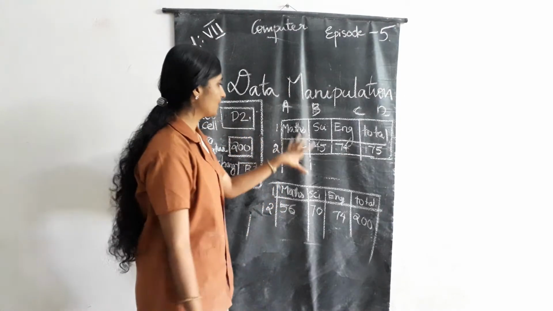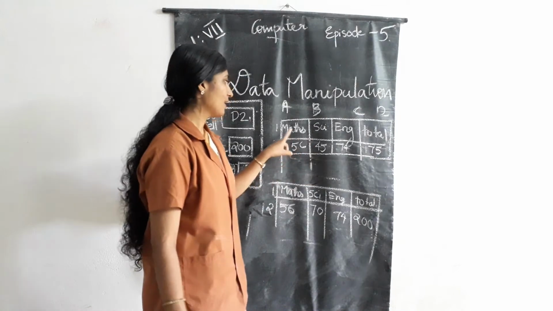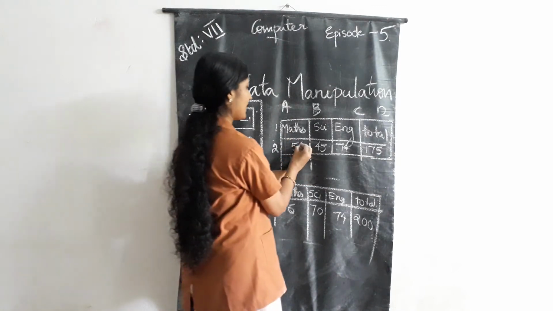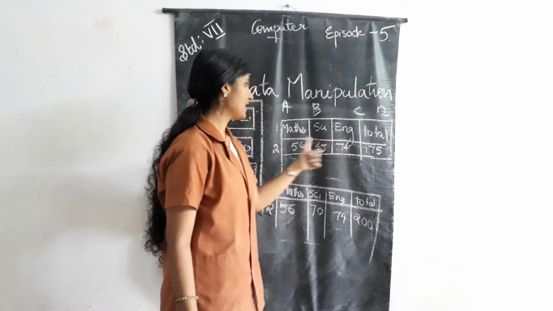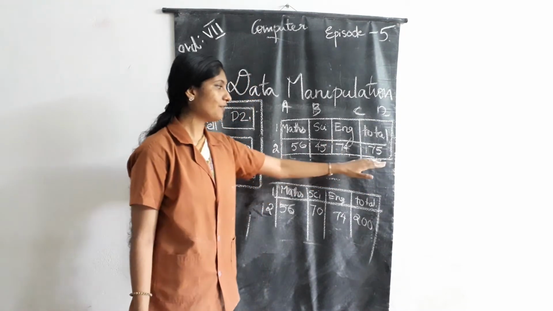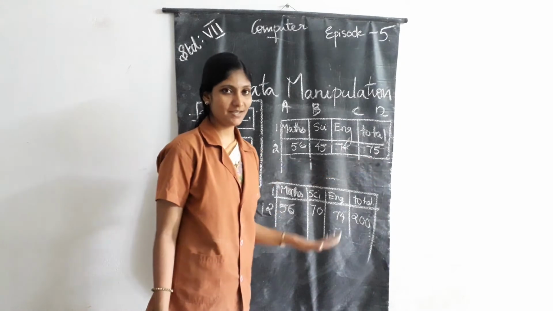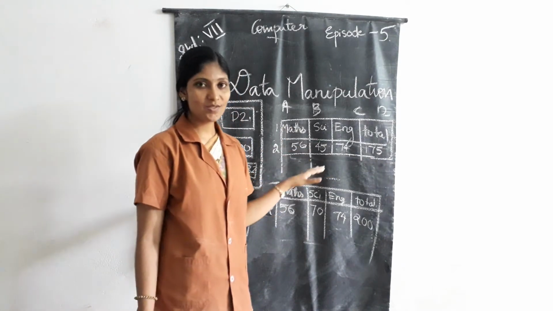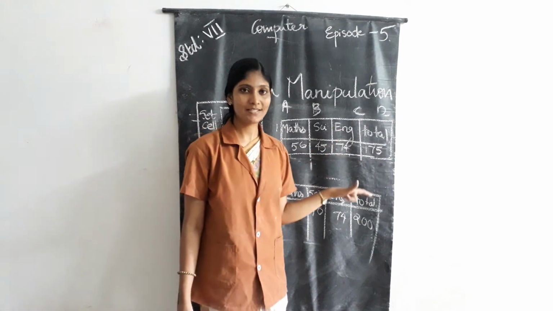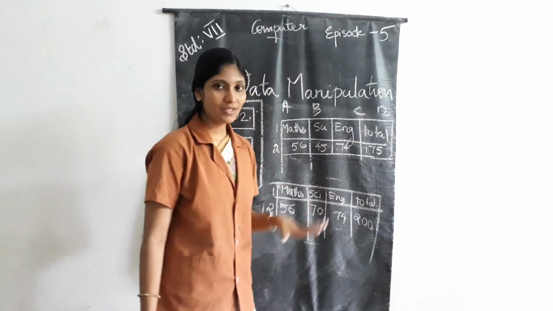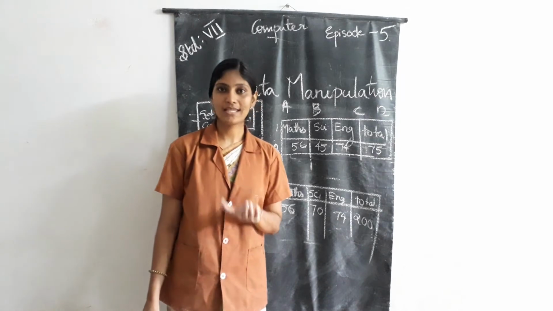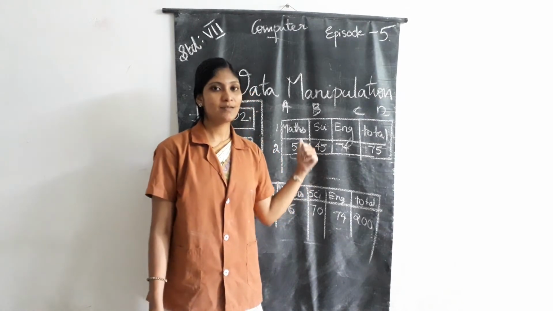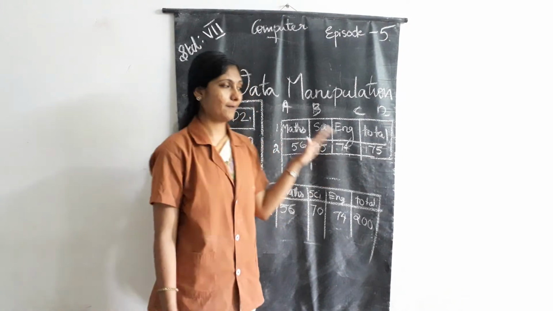okay, so this is our table. Maths 56, Science 45, English 74, and total we can calculate based on the formula of function. Finally, we will get the result of 175. So the question is, we can change the 175 replaced by 200. So we want to get the output 200. So we must change the input. So here the input we want to change is science mark.